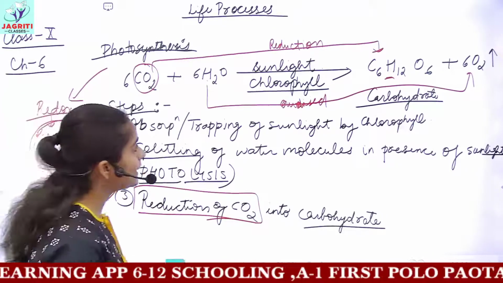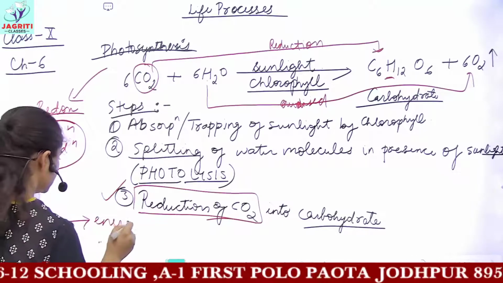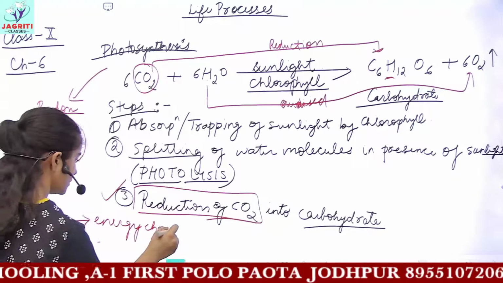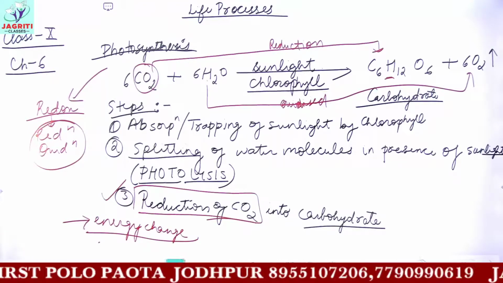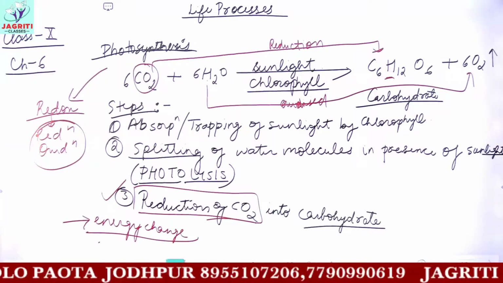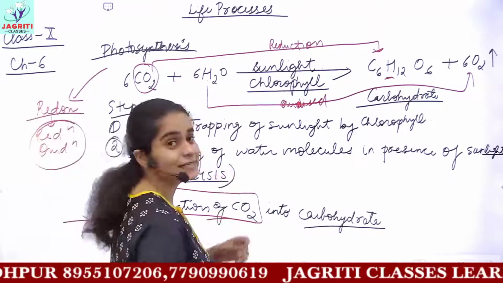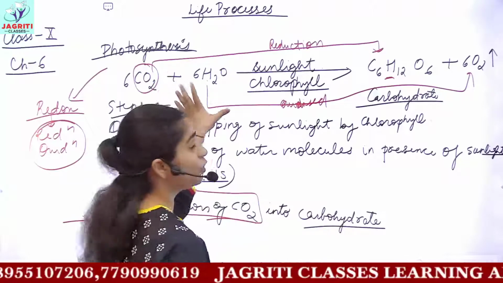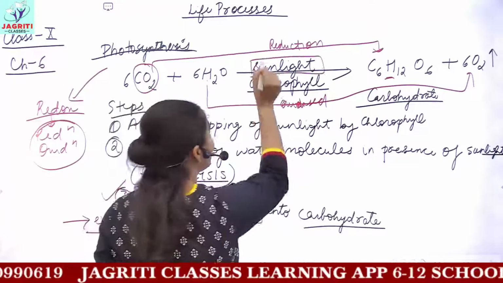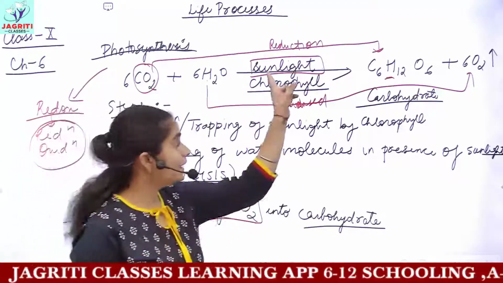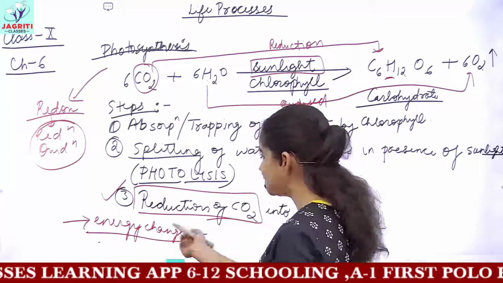And you can also say what kind of energy change occurs in photosynthesis. Can you name the type of energy, that is which form of energy is converting into the other kind of energy? You can say that the energy source here is what? The ultimate energy source for our universe is the sun. And for photosynthesis also, this sunlight acts as your energy source. And this sunlight, that is your light energy. So, what is the energy conversion here?